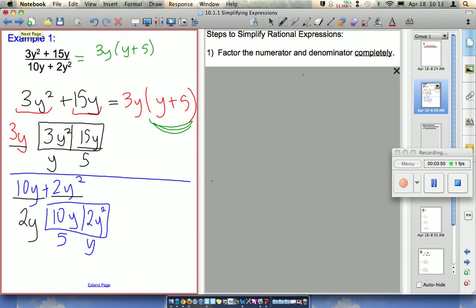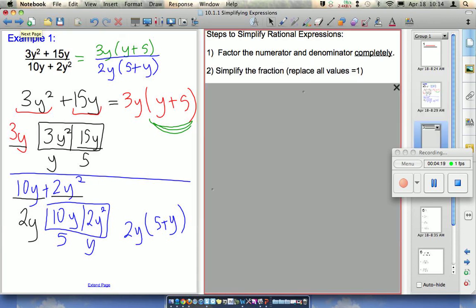So this can be factored into 2y times 5 plus y. Okay, so I have the denominator factored into 2y times 5 plus y. So I did step 1, factor the numerator and the denominator completely. Step 2,